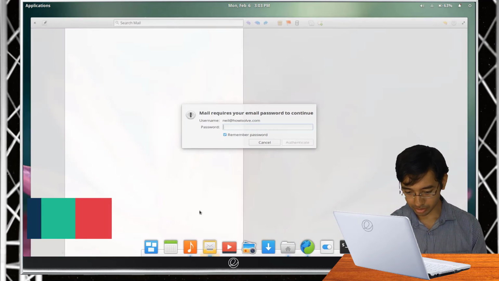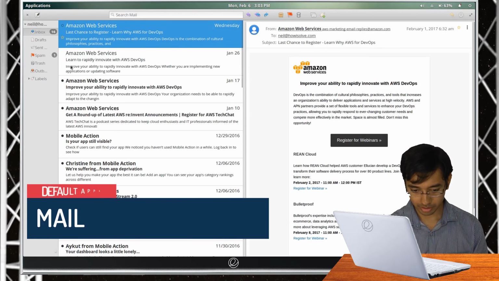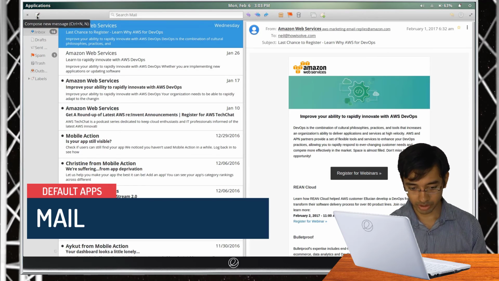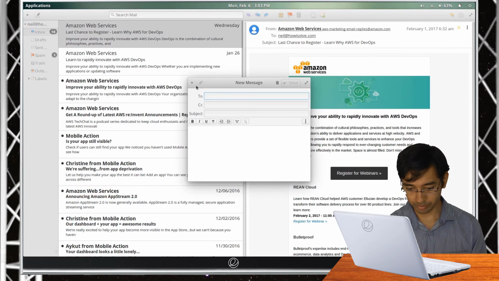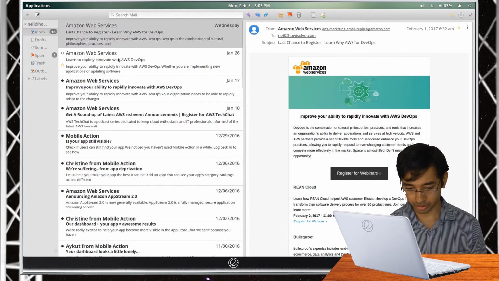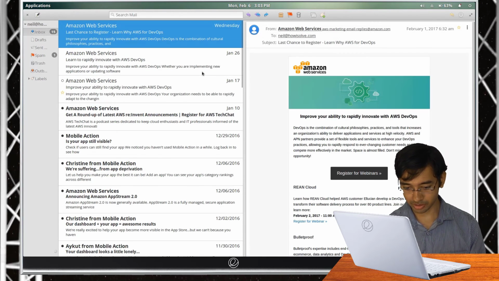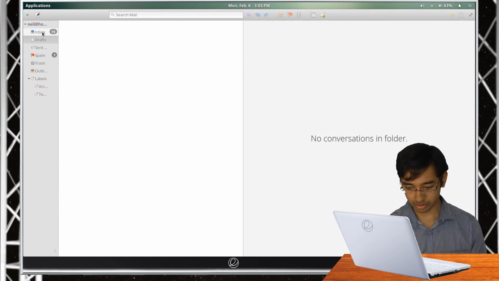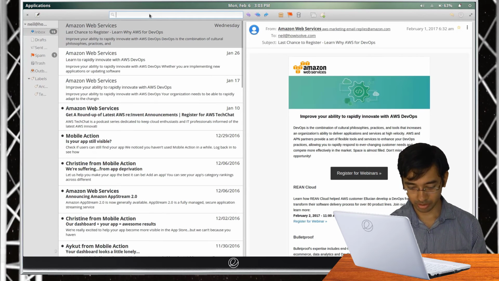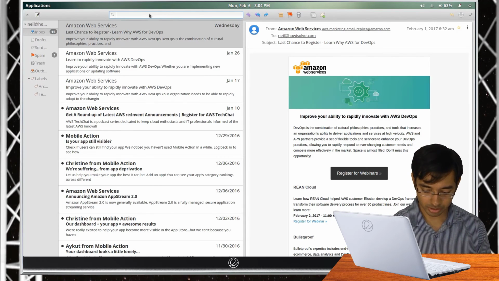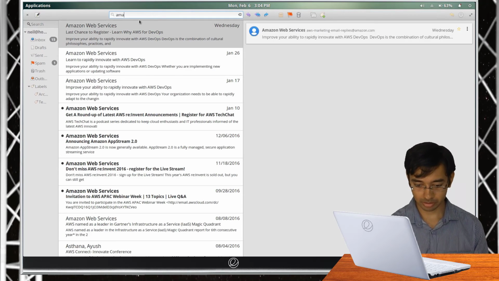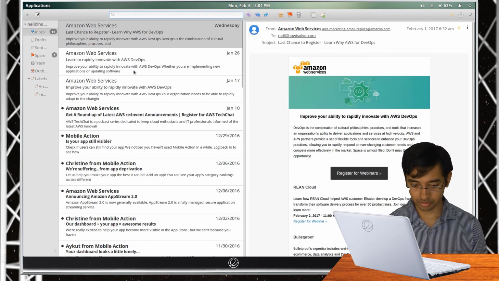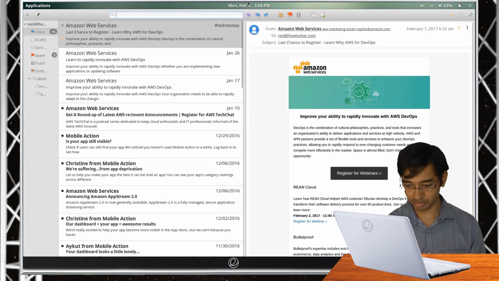The mail client is also quite simple and elegant. As you can see, you can create a new mail by clicking on this icon. This pop-up comes up. You can preview the email side by side. This makes it very easy to check your email. Several options like trash can, basic. This is a quite basic email client and very easy to learn. Nothing much fancy over here. You can also run a search, like if I want to search only for Amazon email, so like that. Quite easy to use and very well designed email client, I must say.